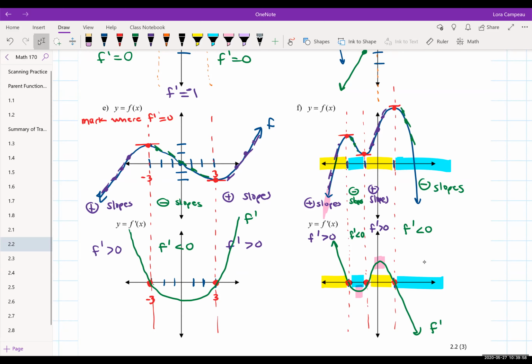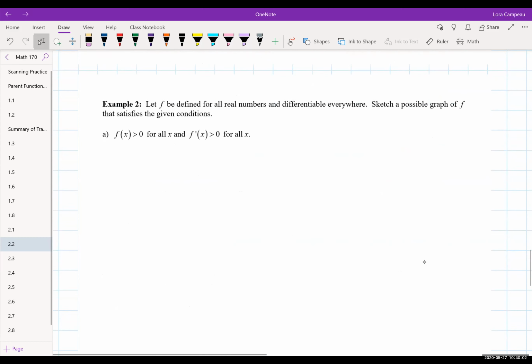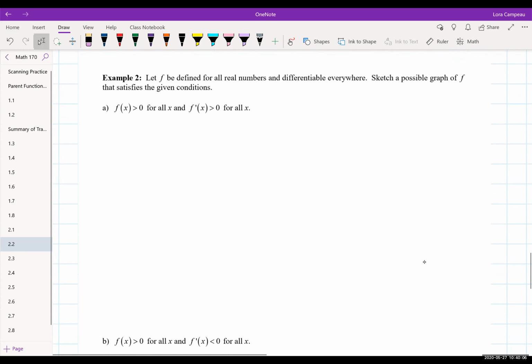So just a little bit more in-depth thinking. This is all theory here. There's really no concrete numbers we're plugging in. But if we're looking at example 2, I'll play around. We're going to let the function f be defined for all real numbers and differentiable everywhere. They want us to sketch a possible graph of f that satisfies the given